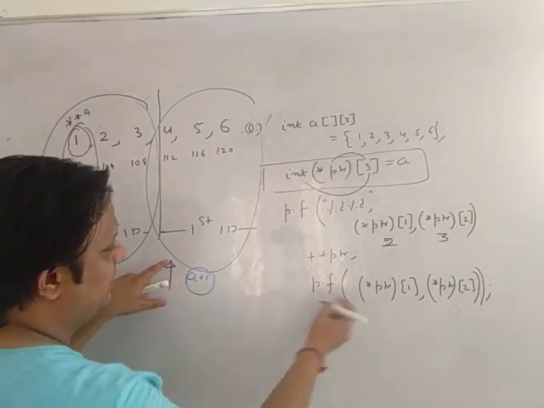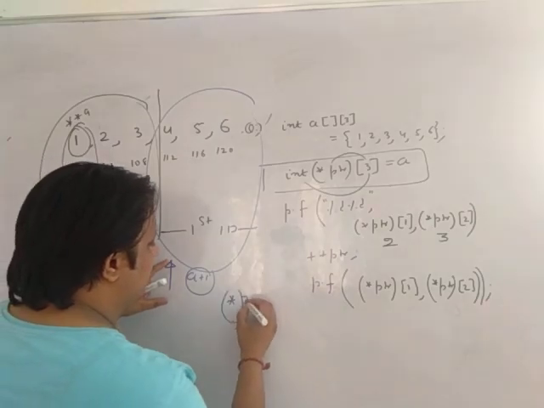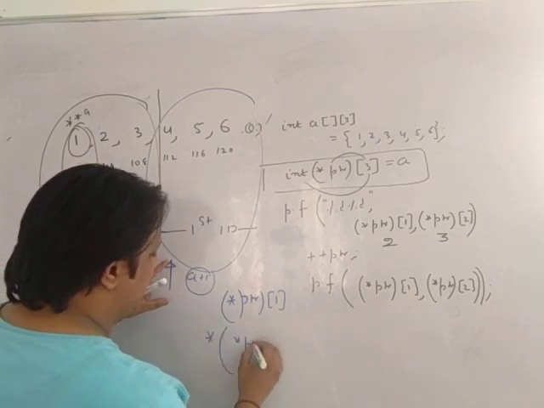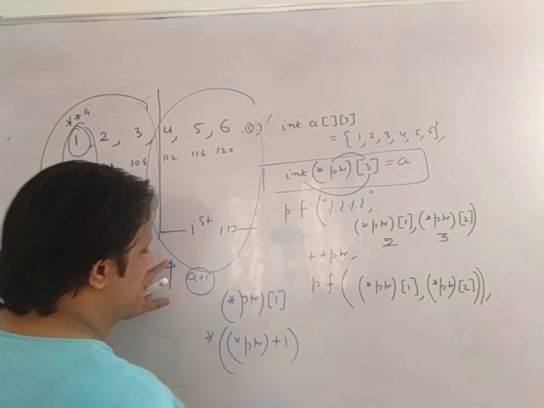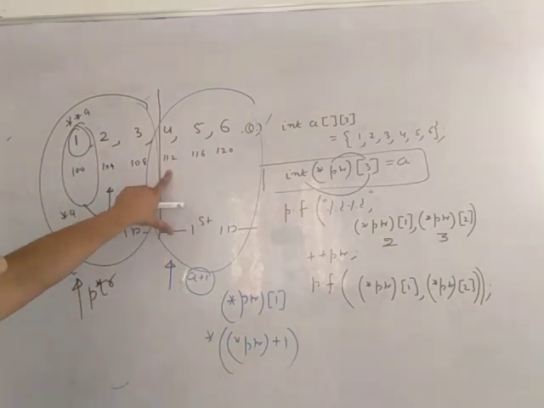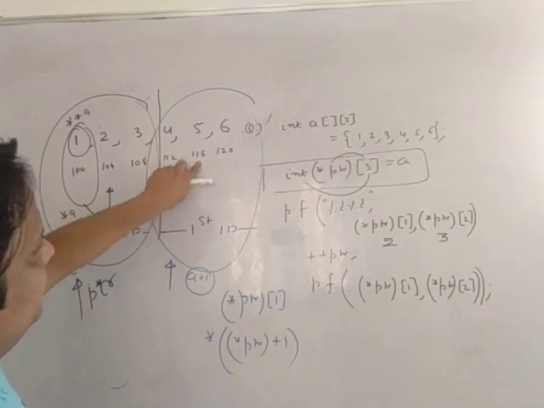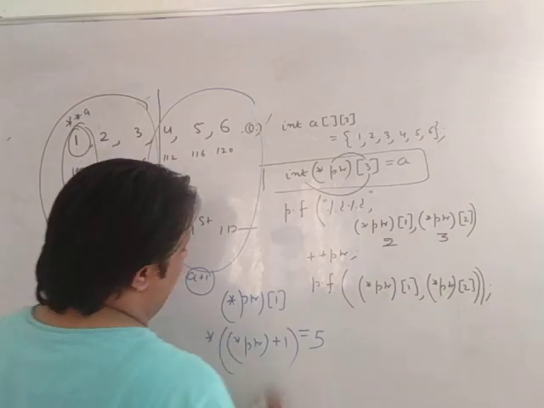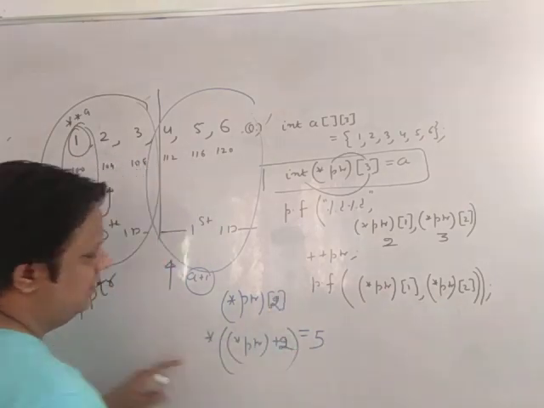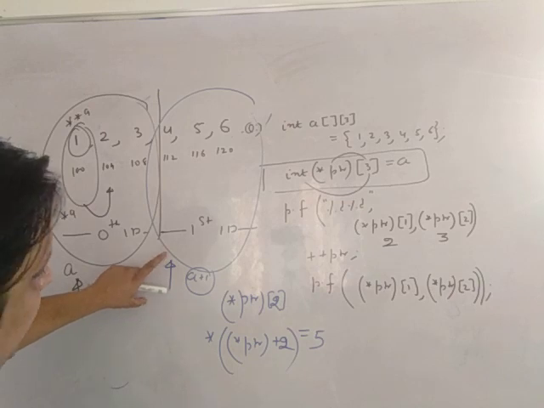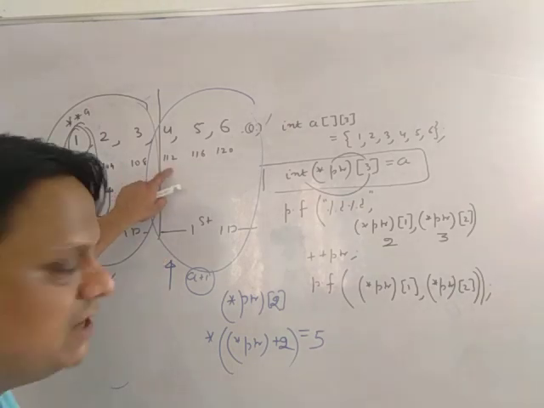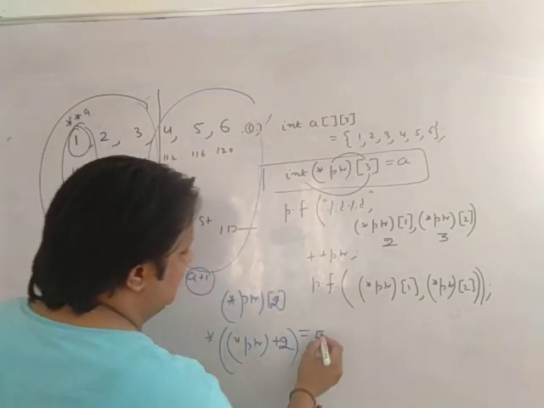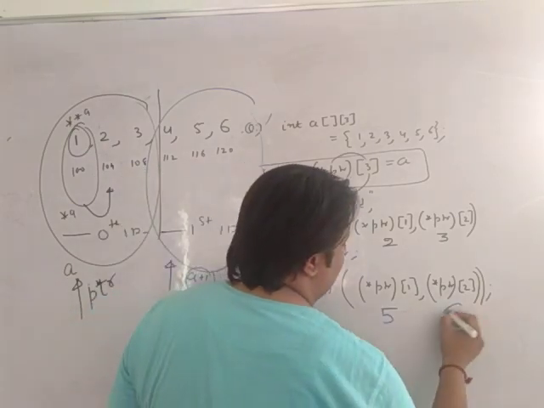ठीक है, अब फिर वही काम मैंने किया, स्टार PTR प्लस 1 को मैं सॉल्व कर रहा हूं तो मैं इसको वही लिख दूंगा दोबारा, स्टार PTR प्लस 1। तो इसका स्टार क्या हो गया, बेस एड्रेस ऑफ द 0th एलिमेंट ऑफ फर्स्ट 1D, प्लस 1 करूंगा 5 के एड्रेस पे आ गया और इसकी वैल्यू होगी 5, so this is 5। सिमिलरली 2 वाले को सॉल्व करूंगा तो क्योंकि मेरा PTR पॉइंट कर रहा है बेस एड्रेस ऑफ द फर्स्ट 1D, एक स्टार लगा दूंगा, बेस एड्रेस ऑफ द 0th एलिमेंट ऑफ फर्स्ट 1D, प्लस 2 करूंगा, प्लस 1 प्लस 2, इसका स्टार 6, so answer is 6। तो इसका आंसर आ गया 5 6, है ना।